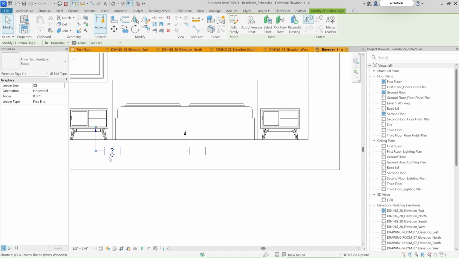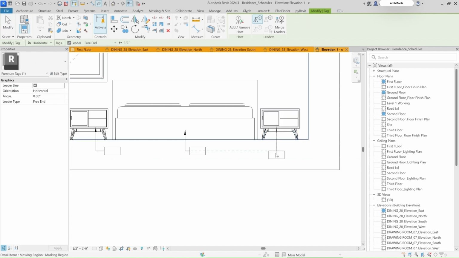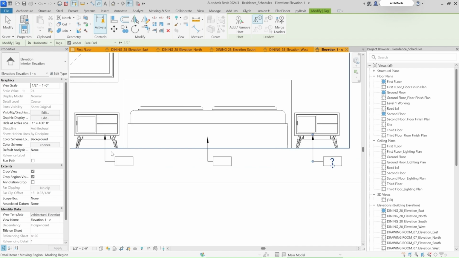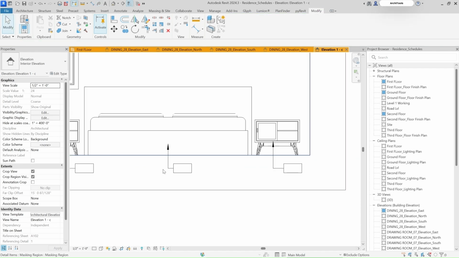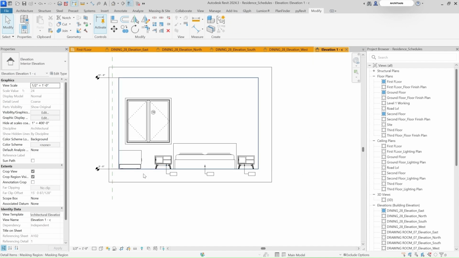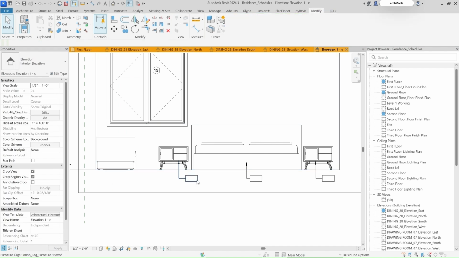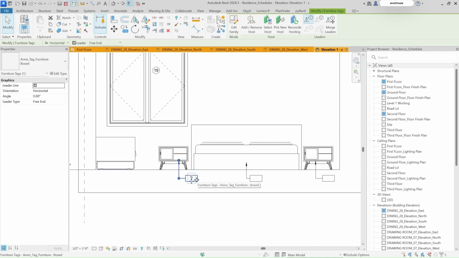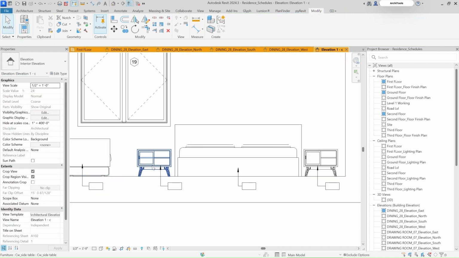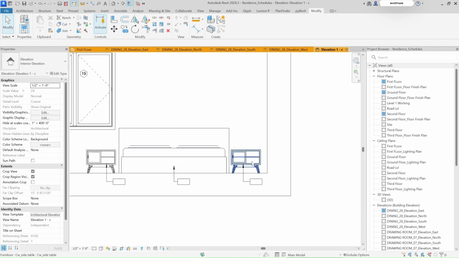I'll use the same process, keep it at free end, and tag this. So once you are tagging, just make sure that your tags are in a parallel orientation. Just this looks more shabby while working. And this is my furniture of sofa. So I'll tag this again like this. So once you have tagged it and you want to provide your codes for the furniture, you can